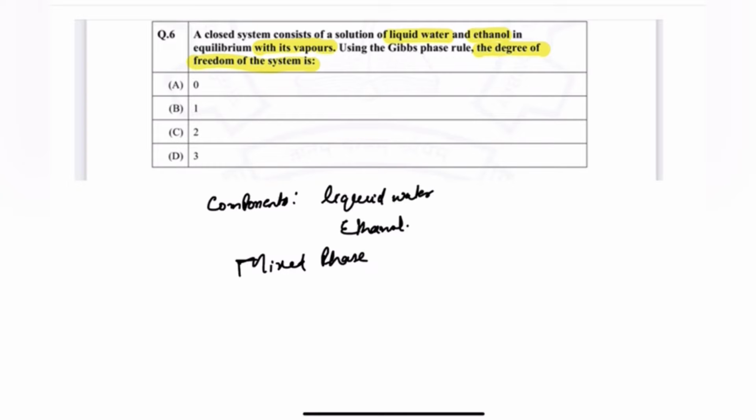So we have in this case two components. One is liquid water and another is ethanol. Now they are in equilibrium with its vapors, means they are in the mixed phase. Now we have to find the degree of freedom. So according to the Gibbs phase rule,